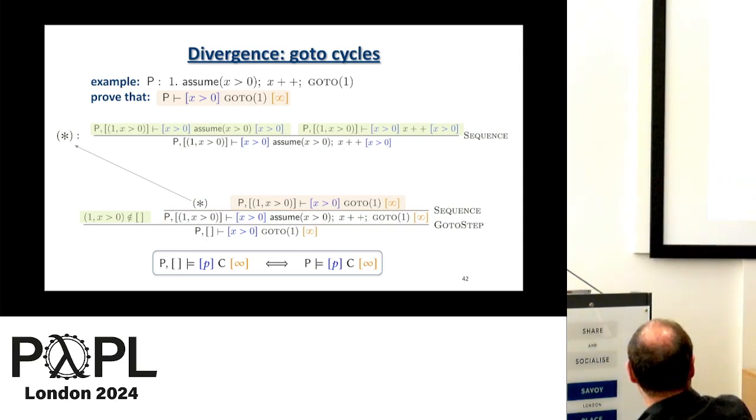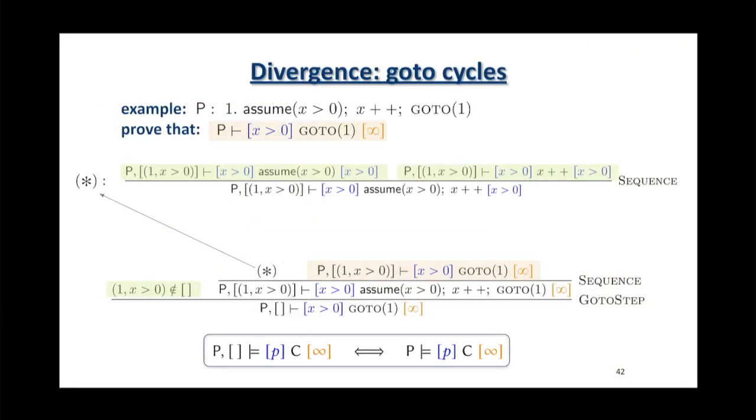And we, again, want to execute goto 1. But now, our list has that label we tried to jump to. And it has that assertion that we're currently in. So this is the point where we say, wait, we've been here before. We don't have to go on. We have found our cycle because we could just do the same thing again and again. So we can apply our goto-rec rule. And we can say we're done. We've just proven that this program has divergent traces.